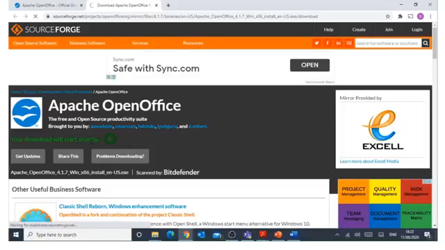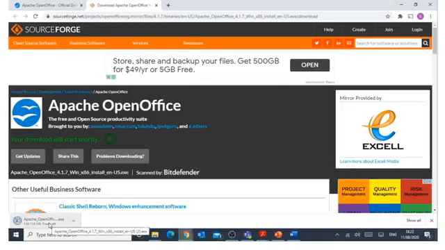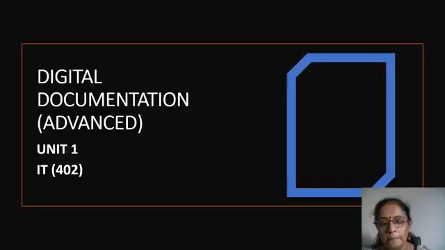A new exe file will get downloaded onto your system, Apache OpenOffice.exe. Can you see it here? You will double click on the exe file once it has completed downloading, and following all the steps which have been given, you will install this free Apache OpenOffice software onto your computer.